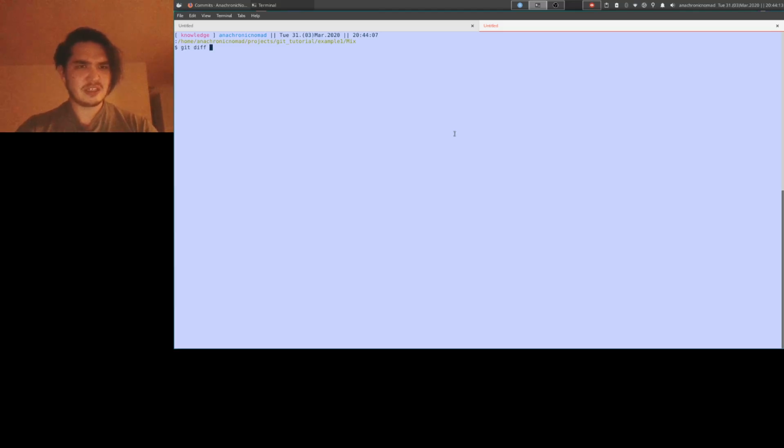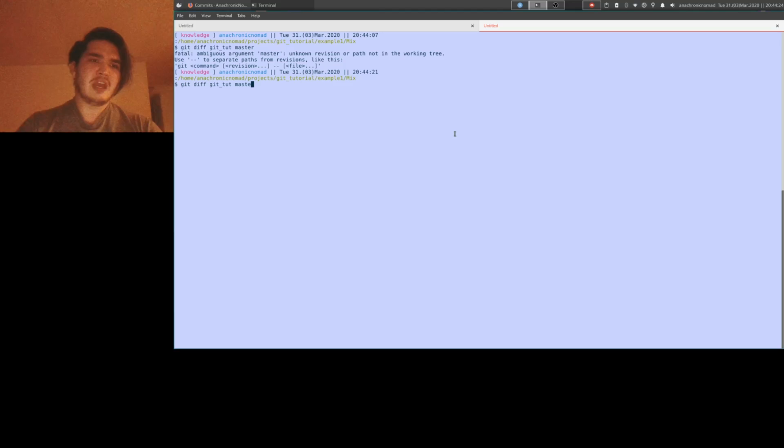Well, let's go ahead and git diff what we have in git2 and what we have in that main branch. And it wants the name of the remote / the name of the branch. Hey, there is no difference. So that's how you roll back a